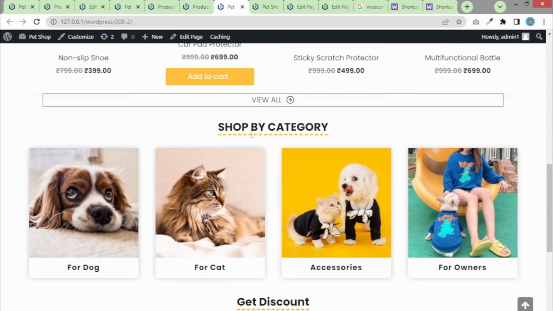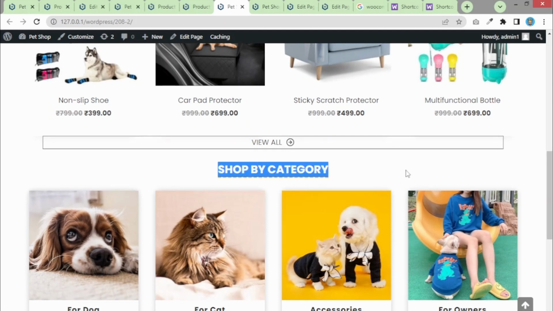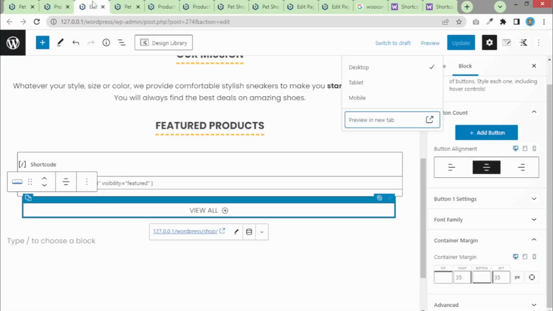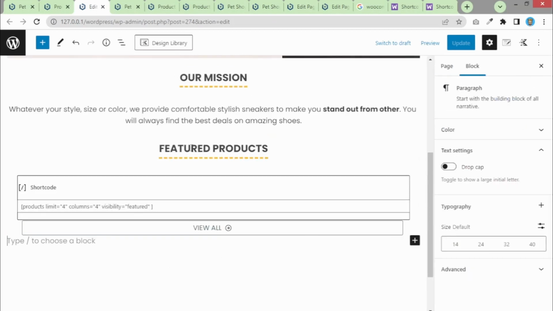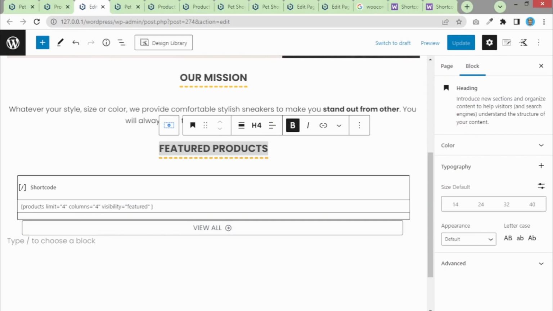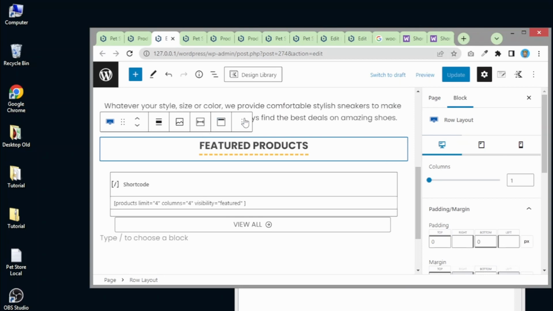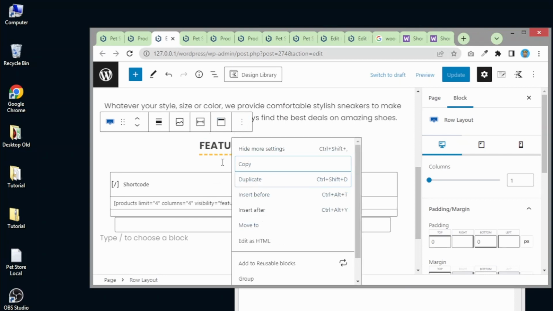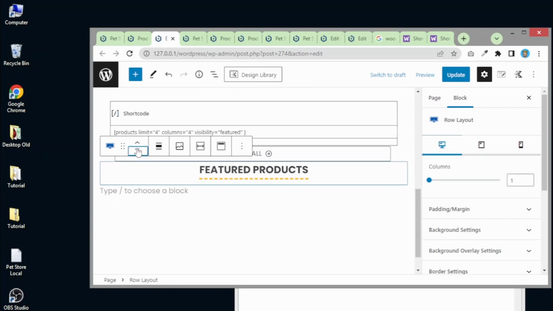So now after that we need to create this shop by category guys. So shop by category is going to be easy as well. So now once we created this row layout, okay, so once we created this row layout, we are going to duplicate it. After duplicating it, let's put it like this. Okay, so here I'm going to